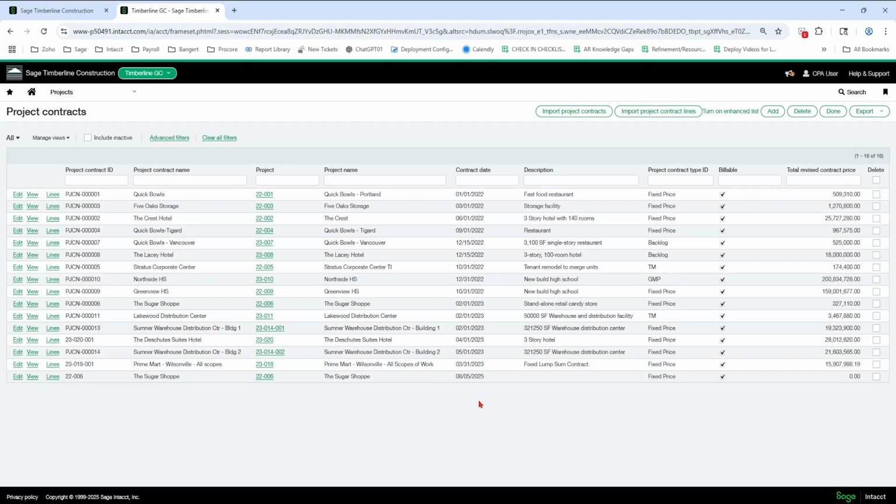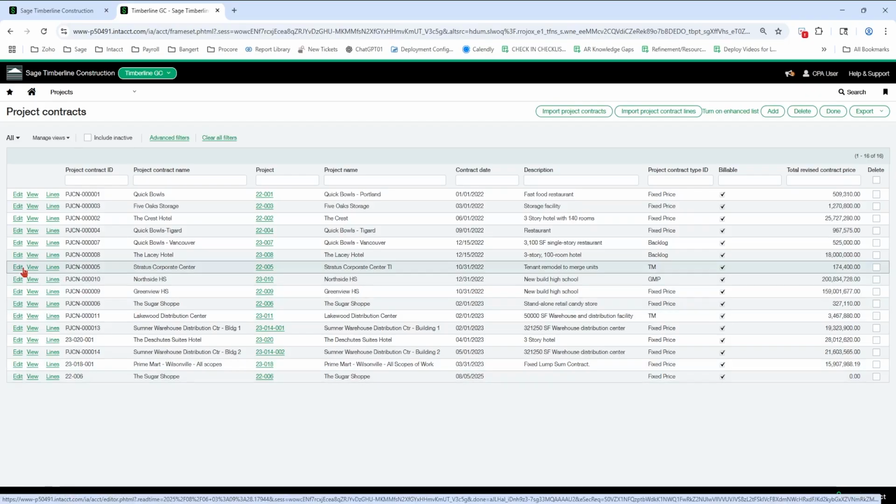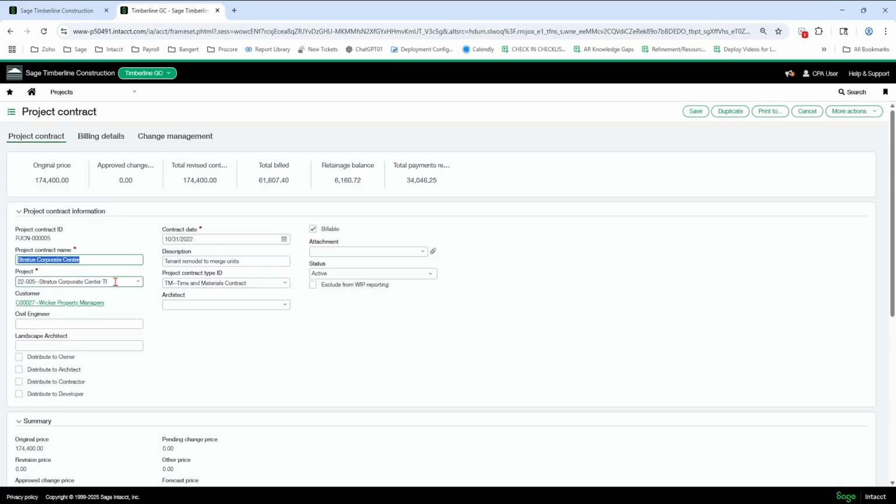So in order to do that, what we need to do is set it up like a time and material type of contract. So I'm going to use the Stratus Corporate Center one, and I'm going to show you how this works and how the setup is in the actual lines. So on my header, I'm going to start here though and recap this quick. The only thing you might change here is the type, it would be AIA time and material based. You might want something like that for a type, okay?